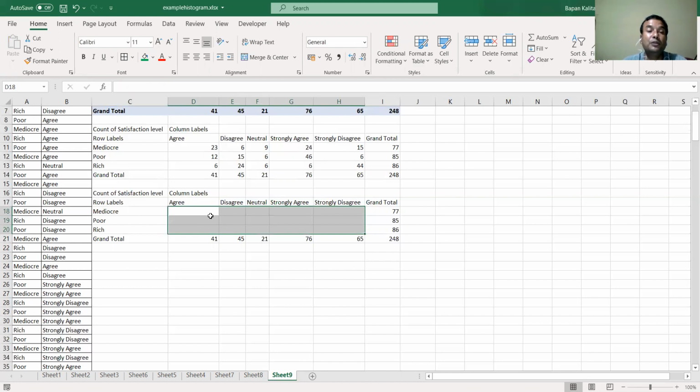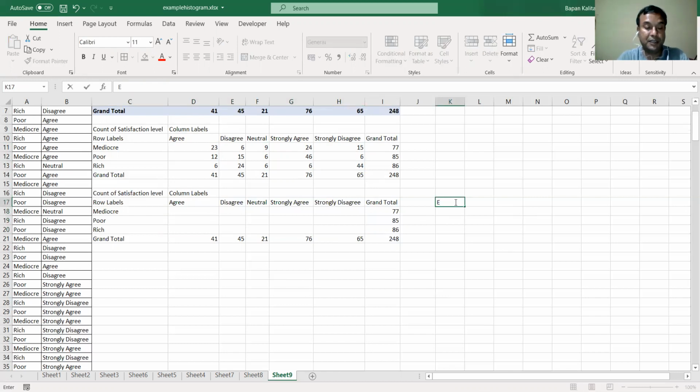As you know, these values are all observed frequencies, and we need to calculate the expected frequencies for all these observed frequencies. So how to calculate expected frequency? For that, we apply a formula. Expected frequency is equal to